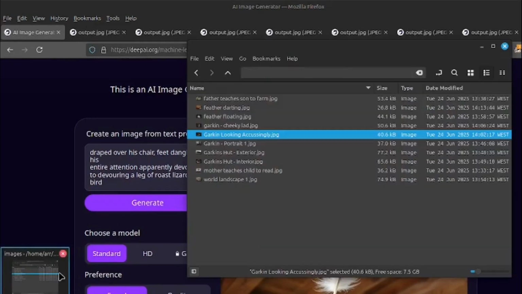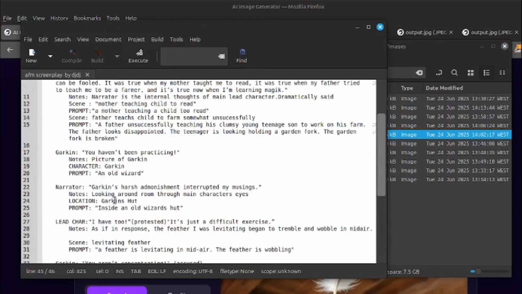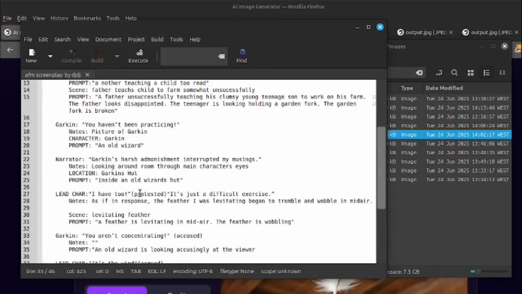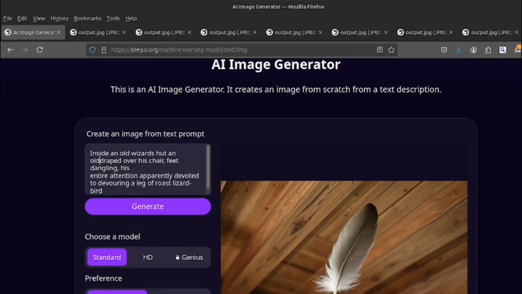And then we want to take the prompt for Garkin and the interior of an old wizard's hut. Inside an old wizard's hut, an old wizard is draped over his chair, feet dangling, his entire attention apparently devoted to the devouring of a roast lizard bird.